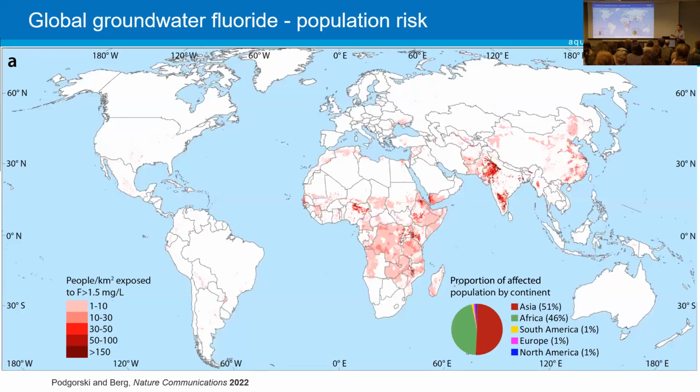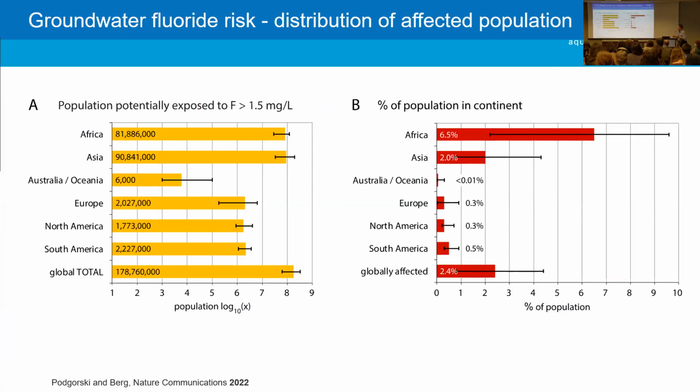And this is the population analysis. And here we find, again, Asia dominates, but with only 51%, not 94% as with arsenic. Shared quite evenly in this case with fluoride, with Africa at 46%, and then much less for the other continents. A little bit more analysis of those population numbers: in total, this is again for fluoride, we calculate about 180 million people globally affected.